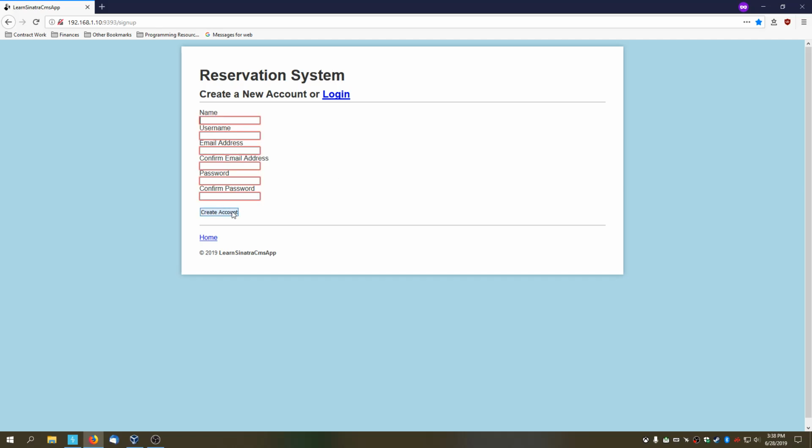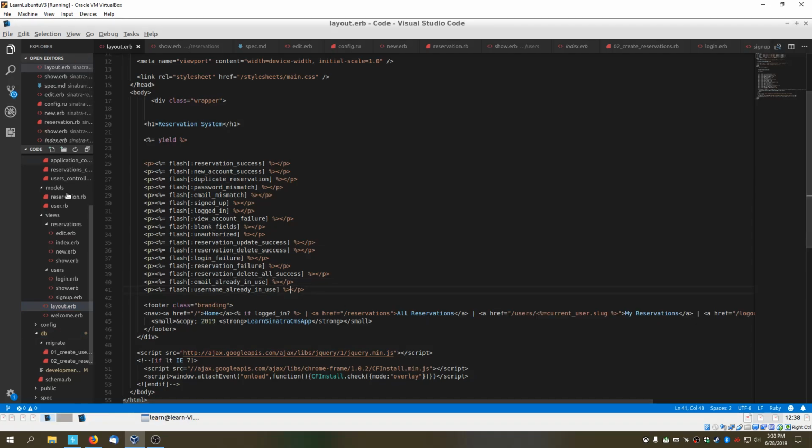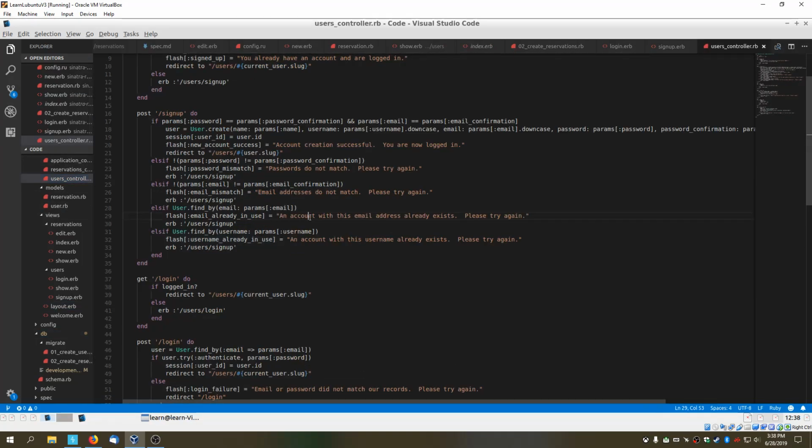Let's look at some of the validation things. I do have some HTML required tag stuff going on here that forces the user to enter all these things, but then there are also some validations happening behind the scenes that will prevent these from being created if there are errors. So for example, I'm going to do some messed up email addresses there. And so there was no flash message there. That's interesting. If I look at the user's controller, params, email,